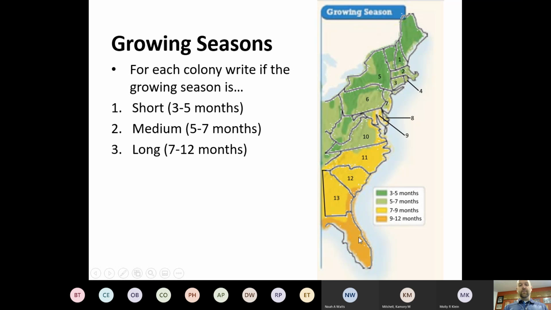Look down here. This is Florida, and Florida right now, folks, is a Spanish territory. Okay? It's a Spanish territory. That means Spain owns this territory. All right? But notice it's the warmest, so they can grow crops 9 out of 12 months out of the year. So what we need to do on our assignment here